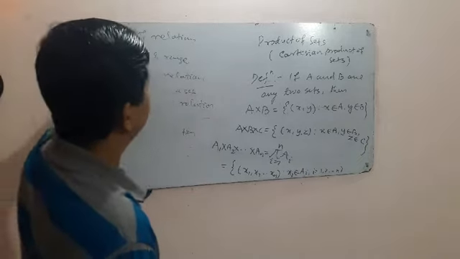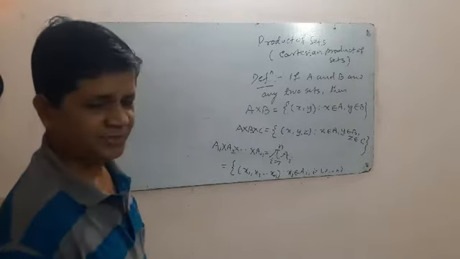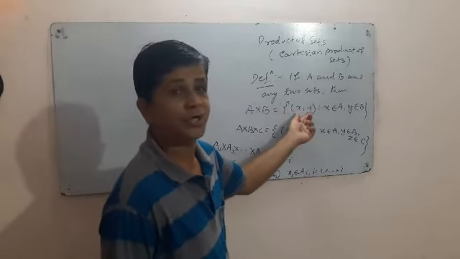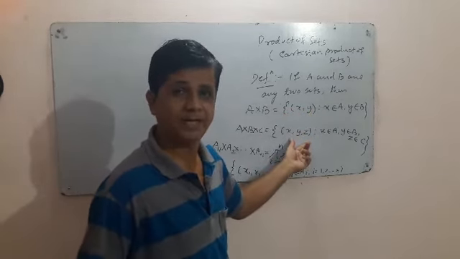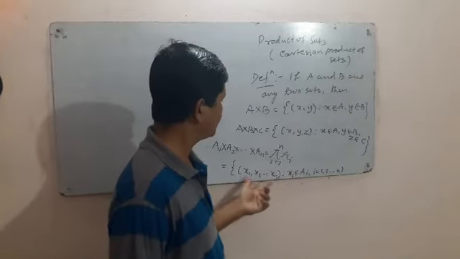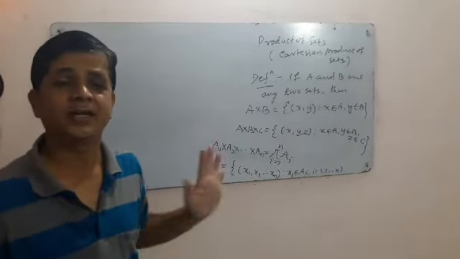Look at what you say to (x, y). (x, y) is called an ordered pair or two tuples. (x, y, z) is called an ordered triplet or three tuples. Similarly, (x1, x2, ..., xn) is called n tuples.